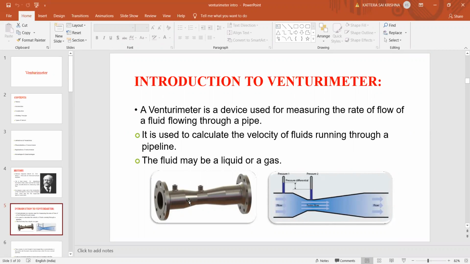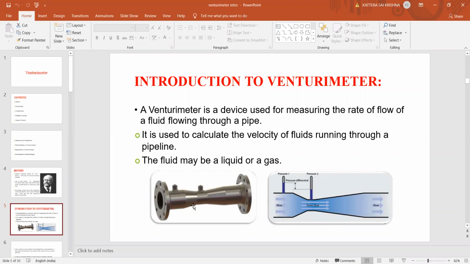So here, if you see the venturimeter, this part here. So first, this is our pipe to which our venturimeter is connected, where we have one convergent shape here. Nothing but the diameter of this pipe will gradually reduce. Then we have this small circular cross-sectional part, that is called the throat of the venturimeter. And then we have some part of the venturi which is divergent, nothing but the area of cross-section gradually increases up to some level, and then again it is connected to the pipe. So these are the three parts of the venturimeter we can tell: convergent part, throat in the middle, and the divergent part.